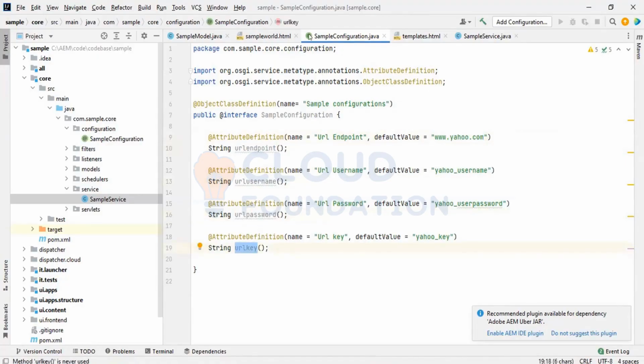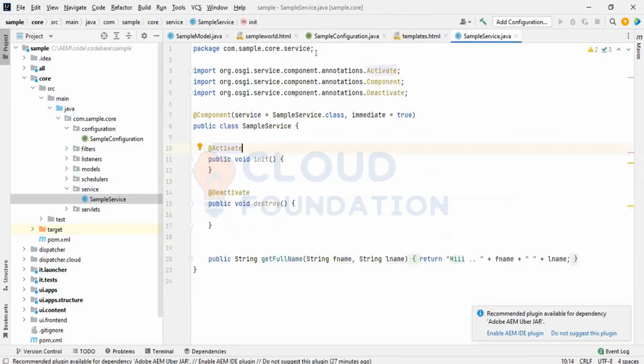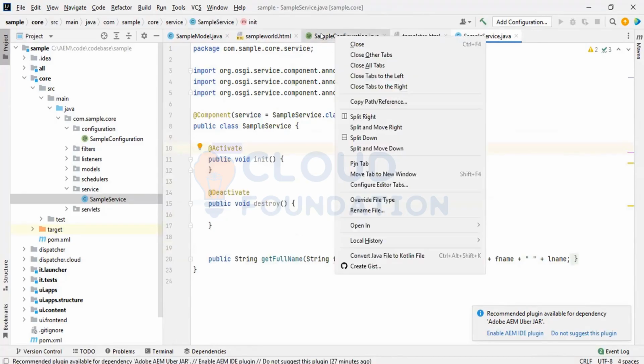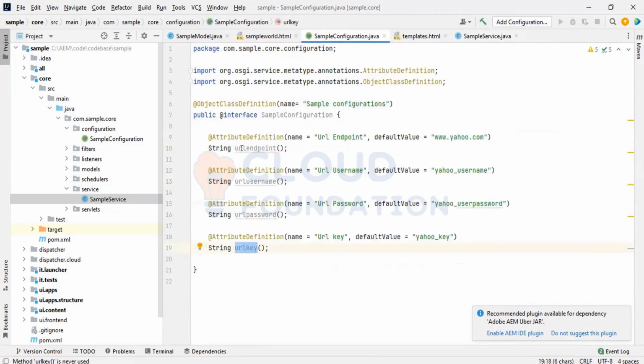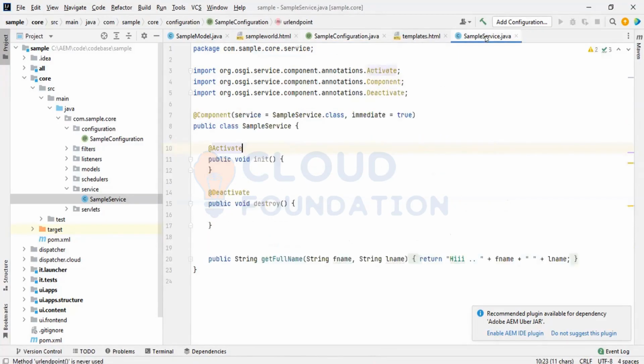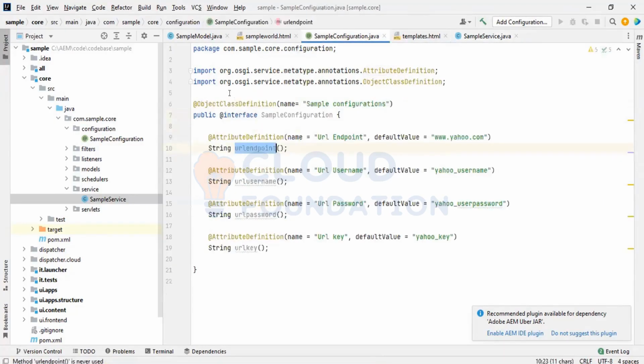Now I can go to my service, the sample service. I created this configuration, but I have to use the values of this configuration somewhere in the code inside the service. Firstly, to refer to that OSGi configuration which we created by using this object class definition,